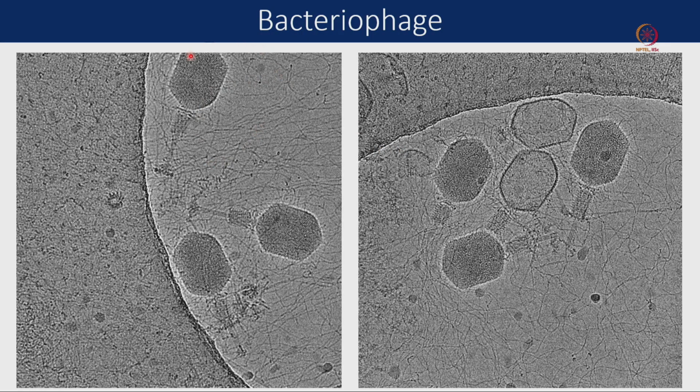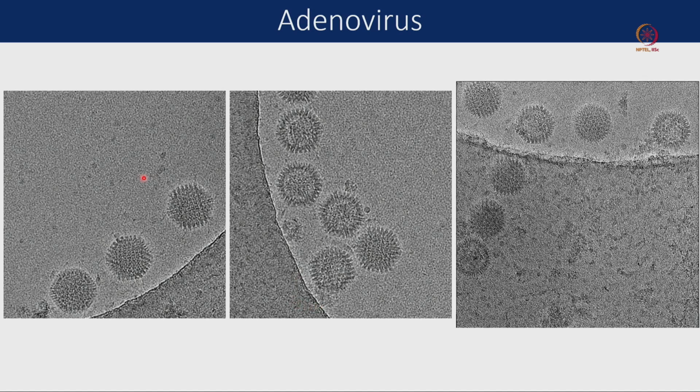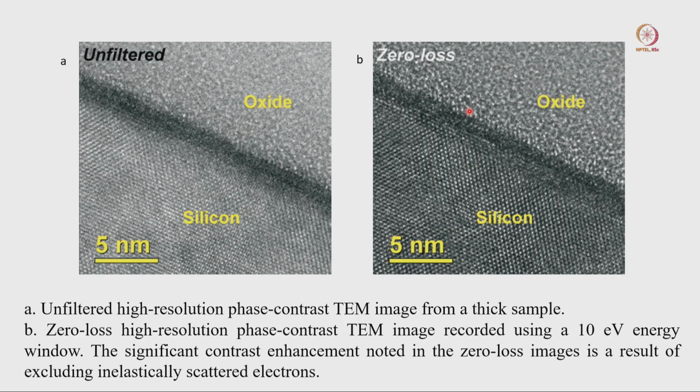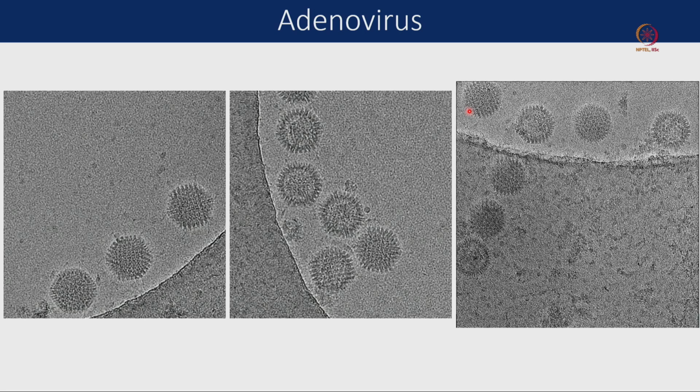Here I am showing you some cryo data of a virus, the bacteriophage images, where you can see a huge phage head and the phage tail. Those images were collected in our facility, and you can see the DNA molecules. Here you can see some adenovirus structures also. This is the carbon area, and after drift correction you can see the virus particles are well distributed. There are 4 virus particles here. A lot of the time you can see the outer spike protein in these adenoviruses. These are some images after drift correction; before drift correction I showed it.